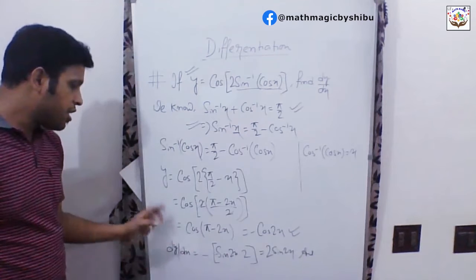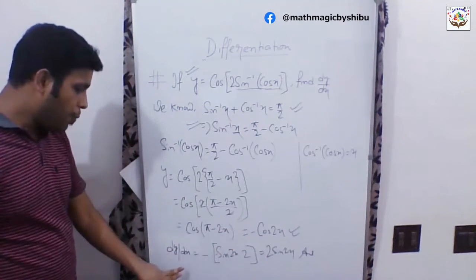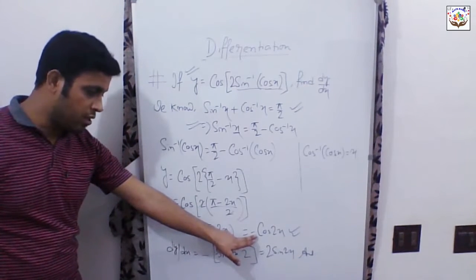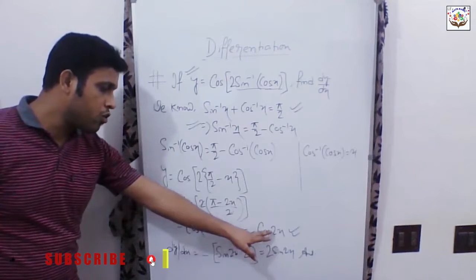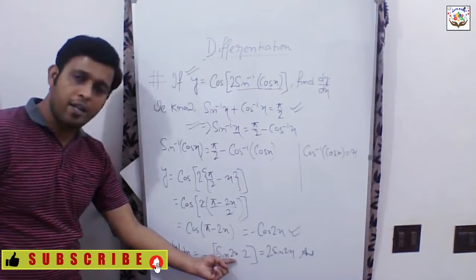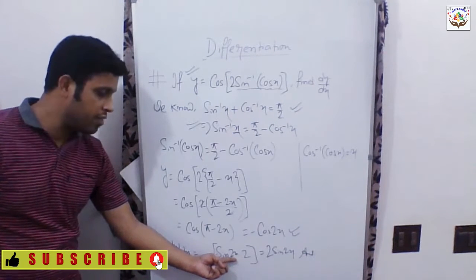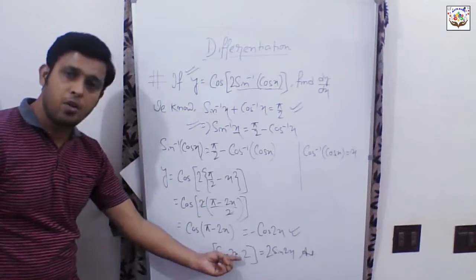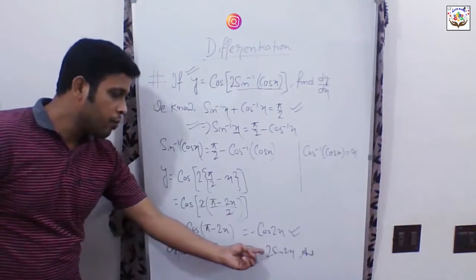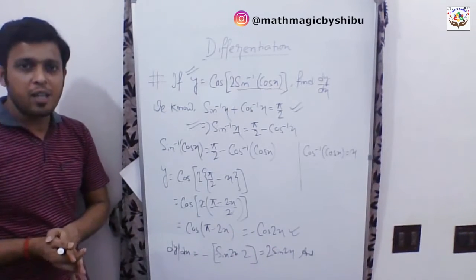So we have just differentiated both parts, y and minus cos 2x. So we have dy/dx equals, this minus sign is for this sign, and the derivative of cos 2x is minus sin 2x into 2, because instead of x we have 2x, so we need to again differentiate 2x, and the differentiation of 2x is 2. So it is minus 2 sin 2x, and already there is a minus at the beginning, so it will be positive 2 sin 2x. So it is our answer for the problem, right?